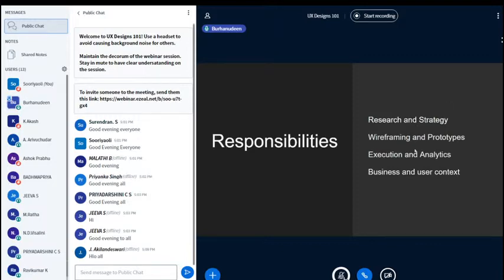So it comes with typical stages, something called wireframing and prototypes. These all come up, and you can easily explore them through the internet when you are using that. And then the execution and analytics is more about designing and observing how it works. You have some assumptions, and later you get into the actual product, and whatever you assumed is not the same as how the user reacts to it.